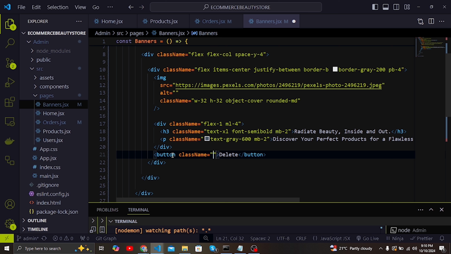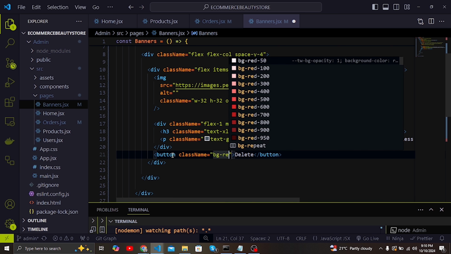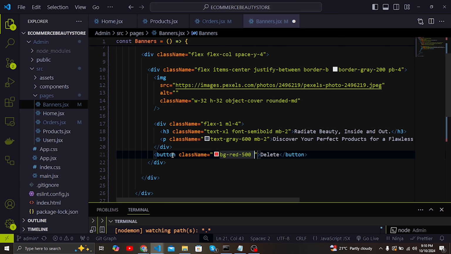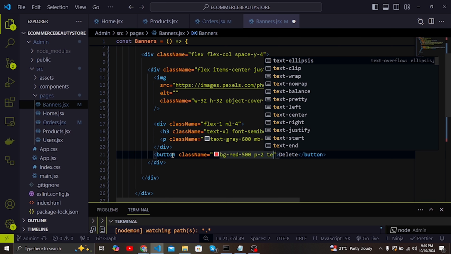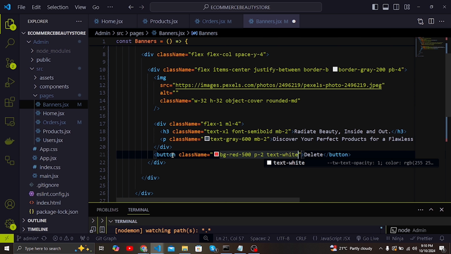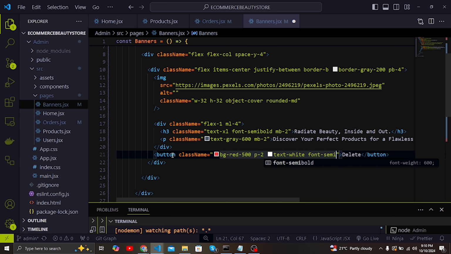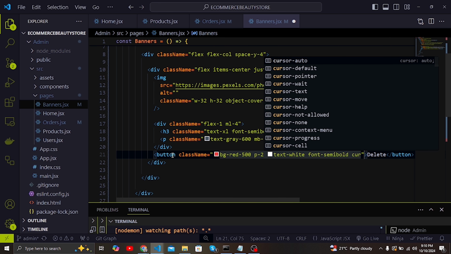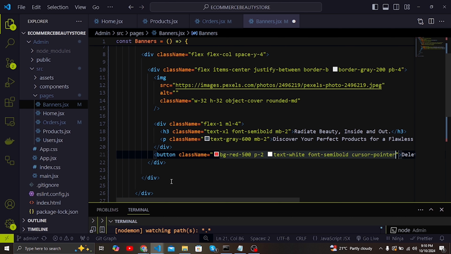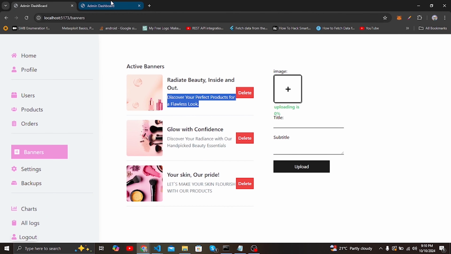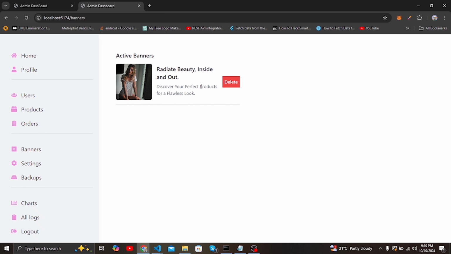So I'm going to have a background color of red variation, and also I'm going to give a padding of 2. I'm going to give a text of white, and also I need to give a font to be semi bold, and also I need to give a cursor to be pointer like that. So if I save that and then come back here, yeah, you can see we are going to have like